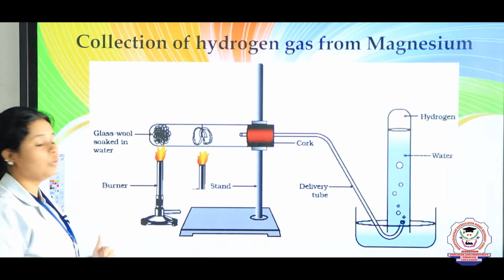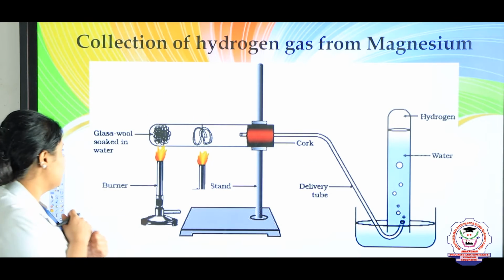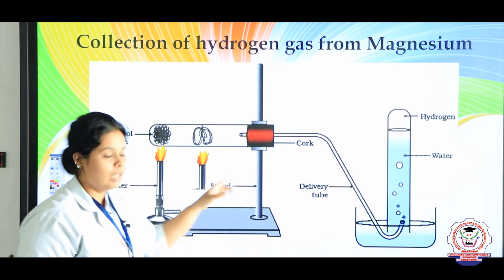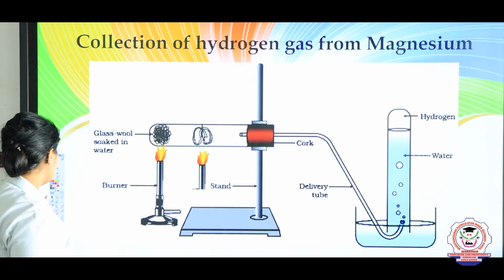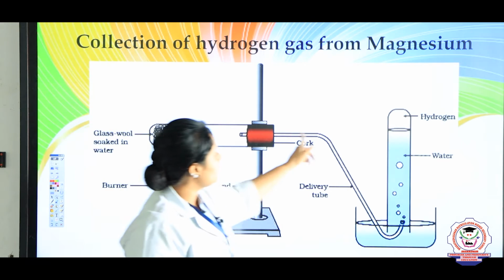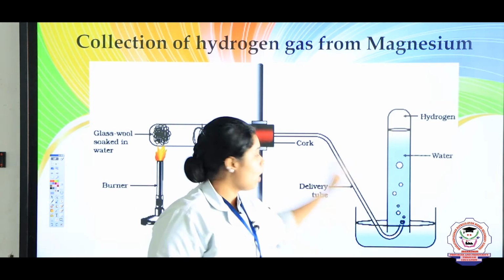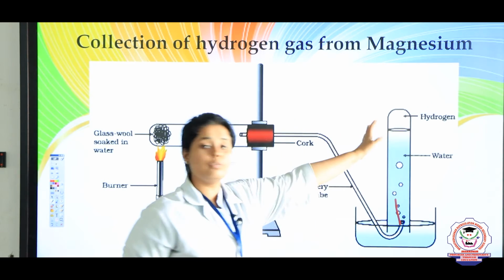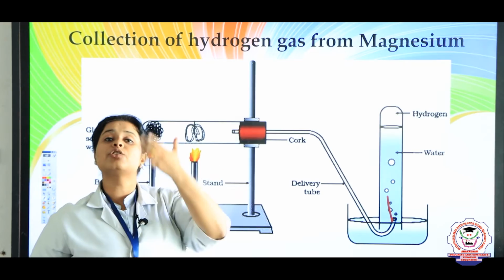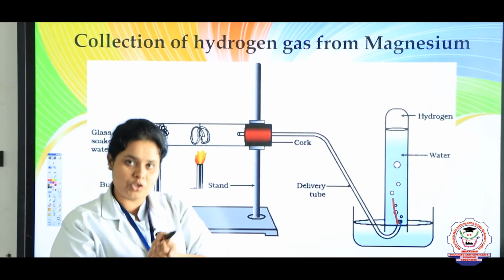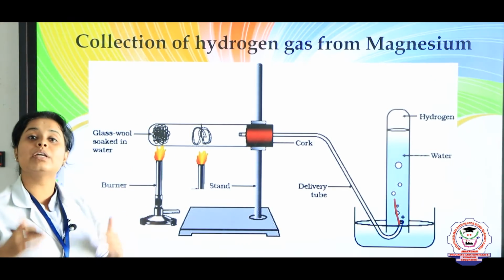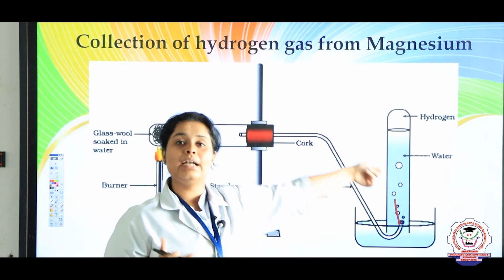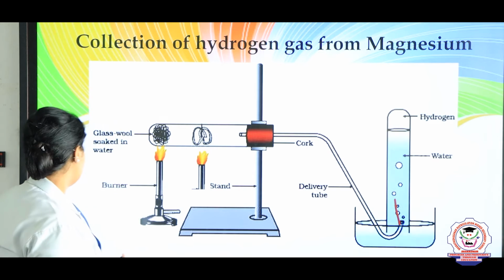Now let's see how to capture the hydrogen gas from that. Again I have taken a cotton wool and here is my metal. When I am heating it, you will get to know that the gas has been liberated from this test tube, and in the water you will see the bubbles, and therefore it also shows that hydrogen gas has been captured. So this is the way how you can capture hydrogen gas when you are heating the metal with water, right?